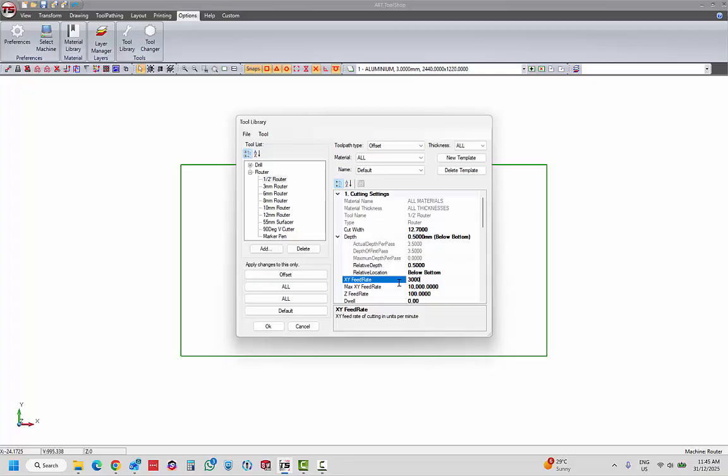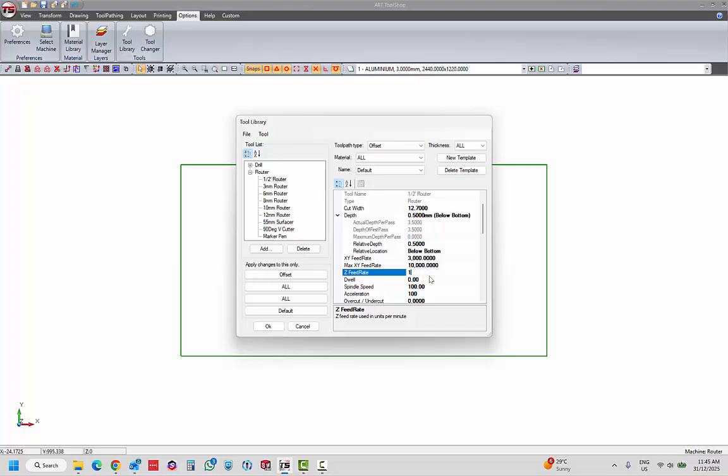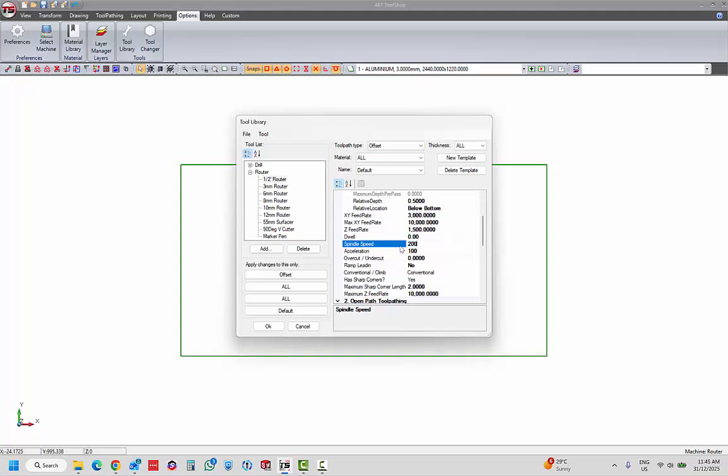I'm going to give it a default feed rate of 3000, which is 3000 millimeters per minute. If you're configured in inches, you would enter something around 120 inches per minute. I'll set the default plunging speed at 1500 millimeters per minute. We've got the spindle speed, which I'm going to run at 20,000 revolutions per minute, and we've got other parameters which you can generally ignore for